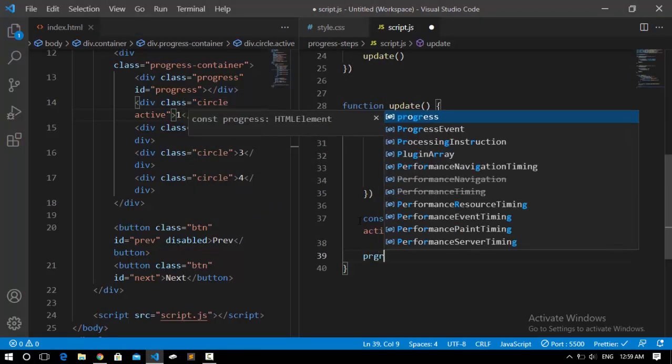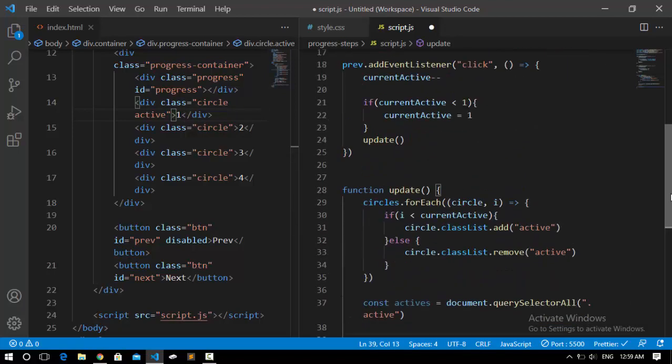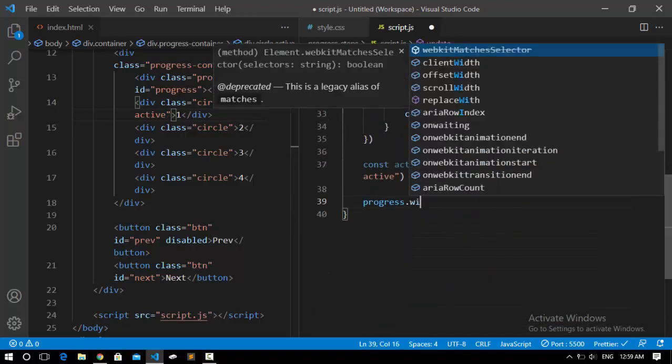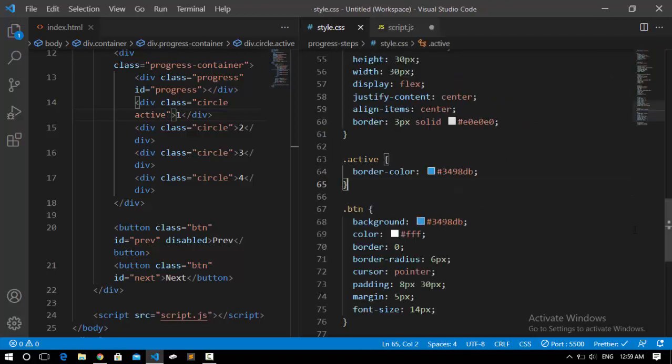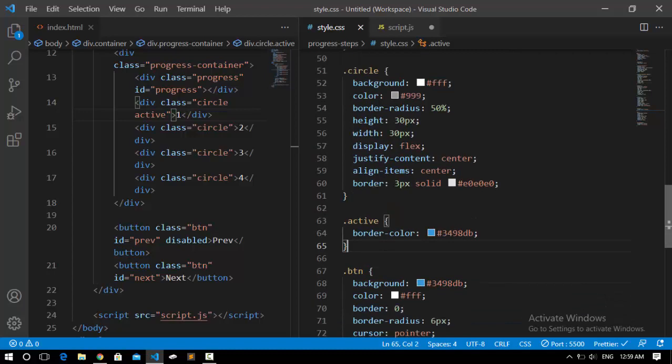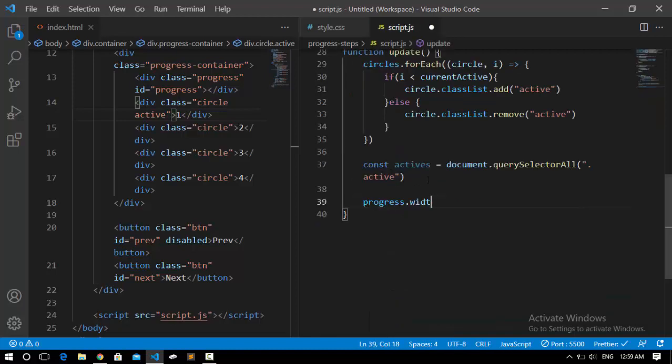So I access the progress that we have accessed here. We want to increase the width. By default, if you remember in style.css, we set its width to 0%, but here we want to increase it. So I say